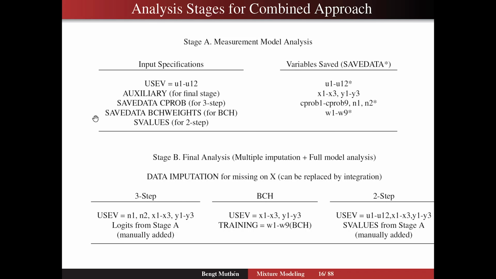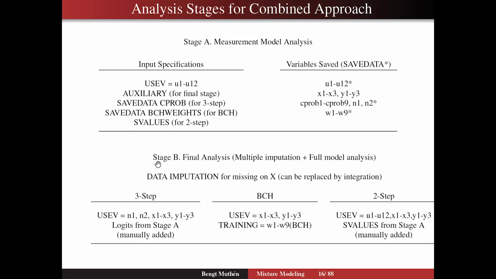The save data command you can also use to save BCH weights for the BCH multi-step approach, and that saves the BCH weights for the 9 class combinations in the saved data. And then you also want to use S values, which is for S2-step, and that's not variables saved, but they will come out in the output from the stage A measurement model analysis, and you will then be able to copy those into the second stage,